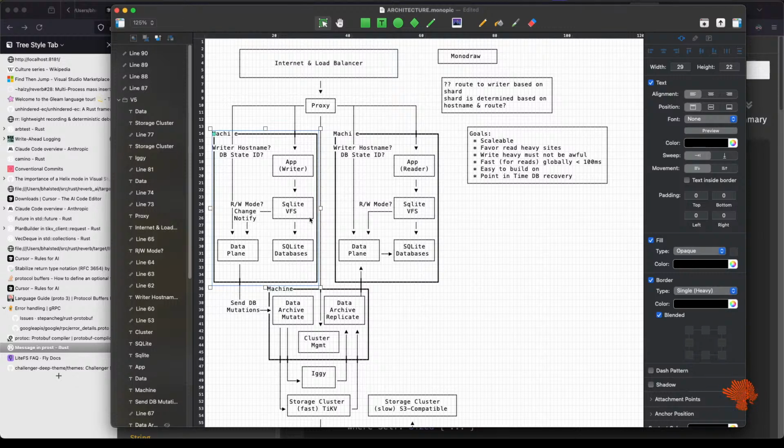A change is then made to SQLite because we're hosting on the cheap, right? And it's pretty performant. The change goes into the SQLite database, but not before being seen by our plugin. So we take the change and notify data plane about it. Data plane finds the change on disk and sends it off to our data archive system down at the bottom here.